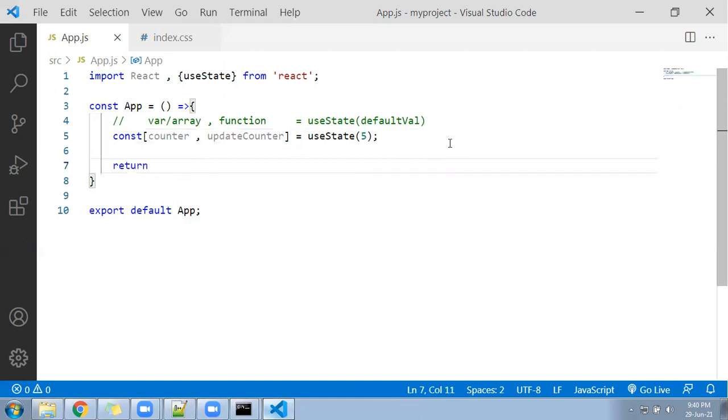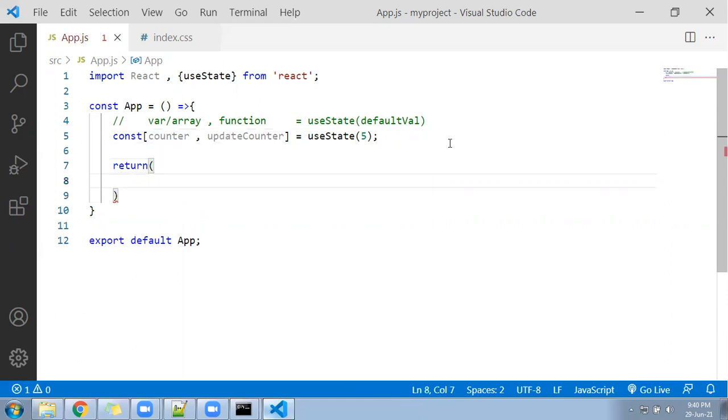Return. I'll go here and I'll follow a division, and for the division I'll give id equal to container. Id is container.